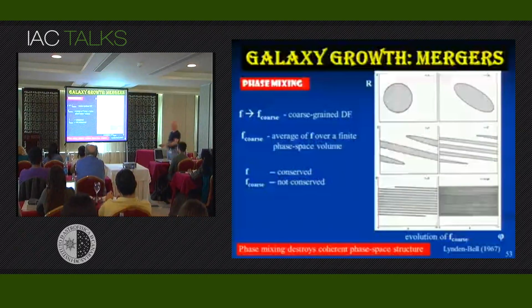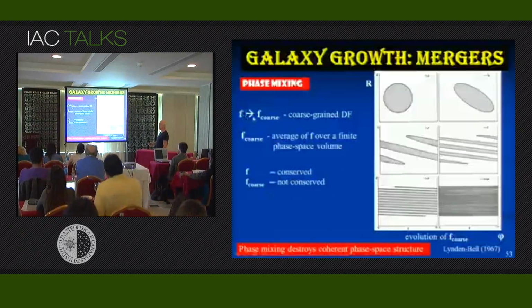The convective derivative, the comoving derivative of this function, should be 0, simply because of the Liouville theorem. However, as was found by Lynden-Bell in 1967, in an incredibly influential and intellectual paper, if we, instead of defining the so-called